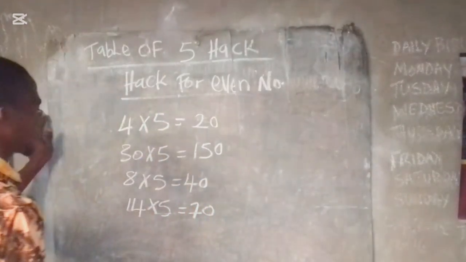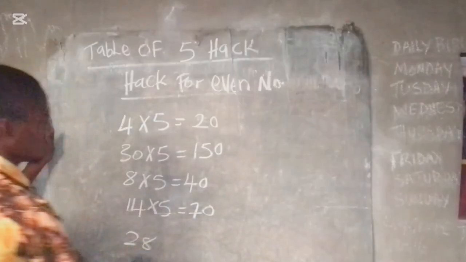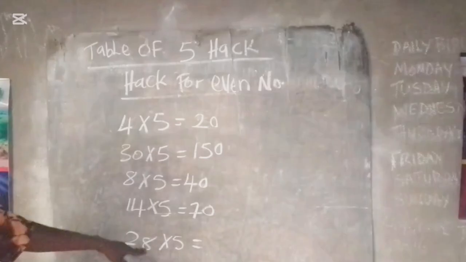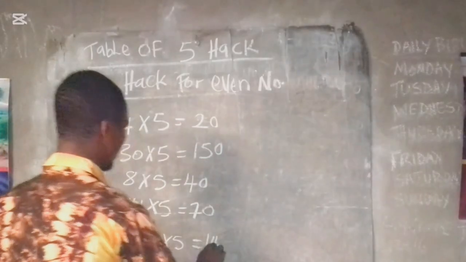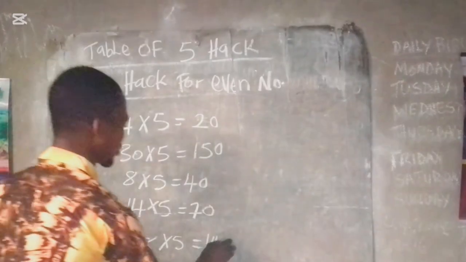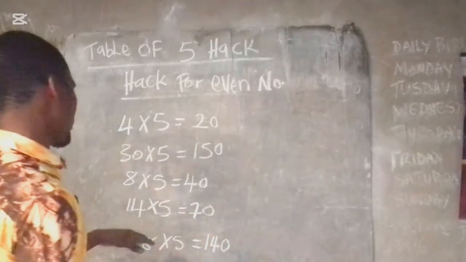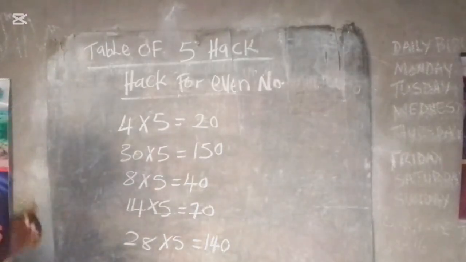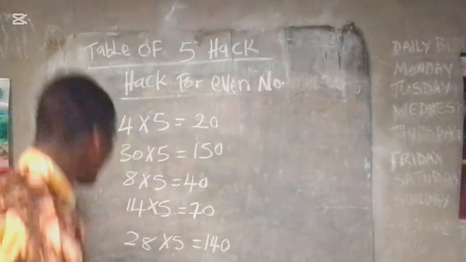Let me check another example like 28. 28 here is an even number times 5. Half of 28 is 14. I add 0 to it. You see? 140. Half of 28 is what? 14. Then I added 0 to it. Simple. Another even number we need to try here is, let me check,